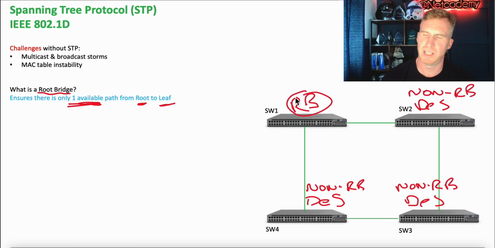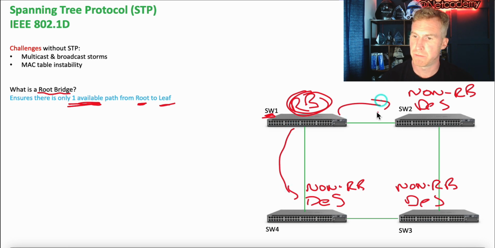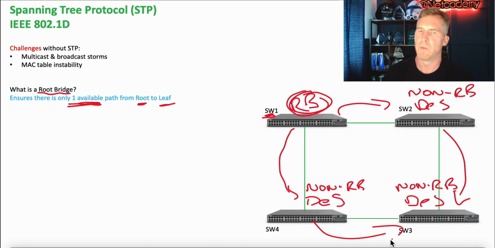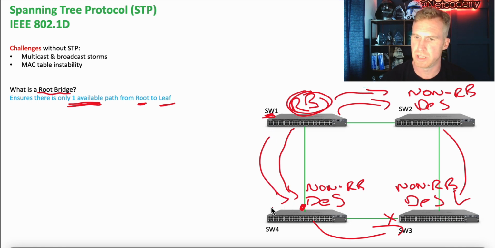So the root bridge is really, I wouldn't say it's the master, but all of the non-root bridges, they're waiting to hear from the root bridge, from SW1, what is the configuration, what is the architecture, what's the topology like of this network. And once they start hearing these frames from SW1 across the interfaces, they will learn, what am I going to do with my interfaces? Am I going to forward traffic, or am I going to block traffic? There's obviously a few decisions in there, and just know that these frames that are going from the root bridge down to all these switches, they're what's called